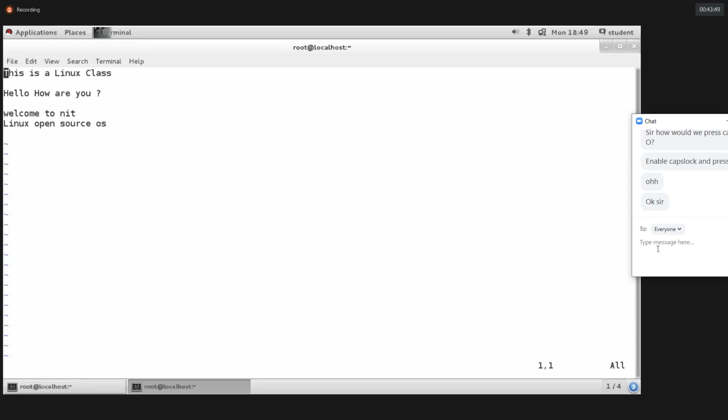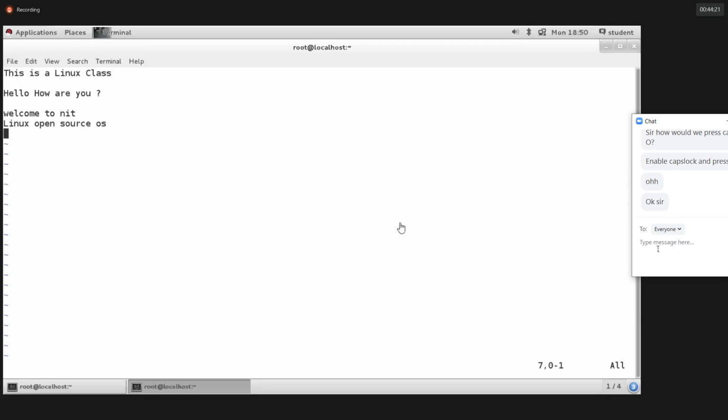Small gg, two times. Small gg, guys. Okay, so let's see here. Small gg. The cursor will be placed at the start of the page. Okay. So capital G, end of the page. Not the line, the end of the page. Small gg, start of the page, and capital G, end of the page. Clear?